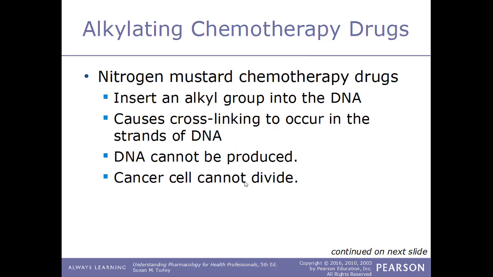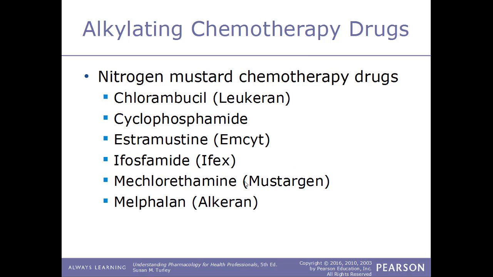There are various different kinds of alkylating chemo drugs. One group is the nitrogen mustard chemotherapy drugs. And these act by inserting an alkyl group into the DNA. And this will cause the cross-linking to occur, and then the DNA can't be produced normally, and therefore the cancer cells can't divide. Some examples of nitrogen mustard chemo drugs: chlorambucil, known by the trade name Leukeran, cyclophosphamide, estramustine, known